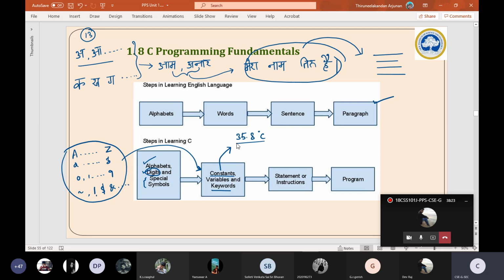It will remain permanently, constantly the same. Nothing will happen to it. Yes or no? So this is termed a constant. Now, this is a value, right? Let's assume that it is assigned to one variable.